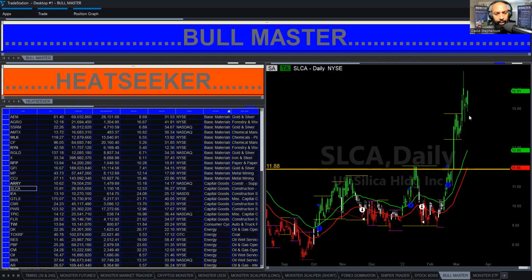It's moved up quite a bit. Now, on the chart, it looks like it's moved up quite a bit. So the buy signal was right at 12. It's 15, right? From here to here, it looks like a big move, right?